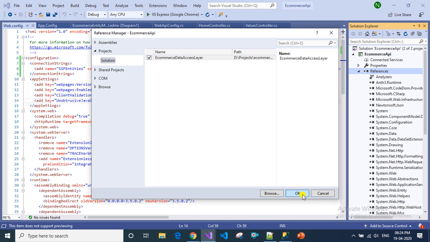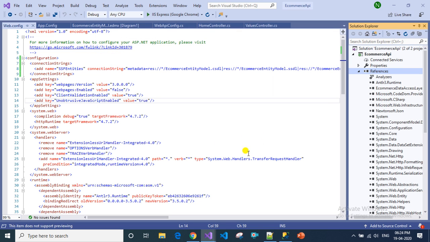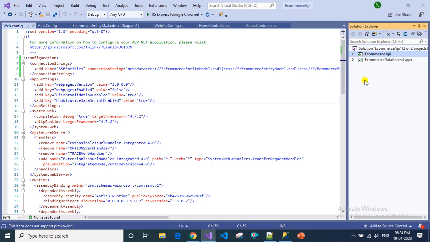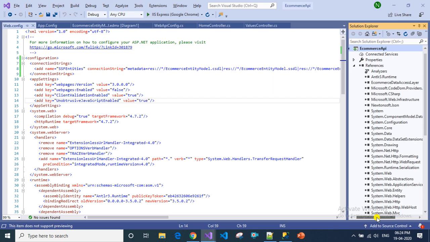Then you have to click OK. You can check here the e-commerce data access layer has been added as a reference.